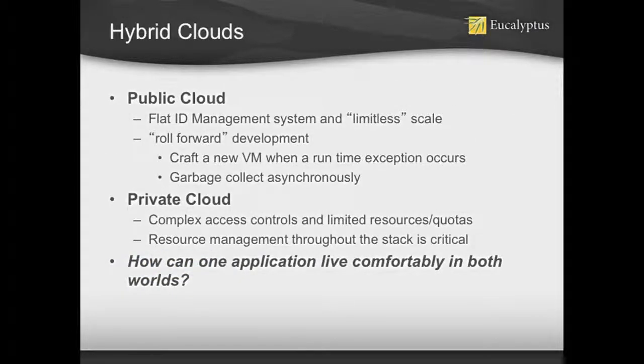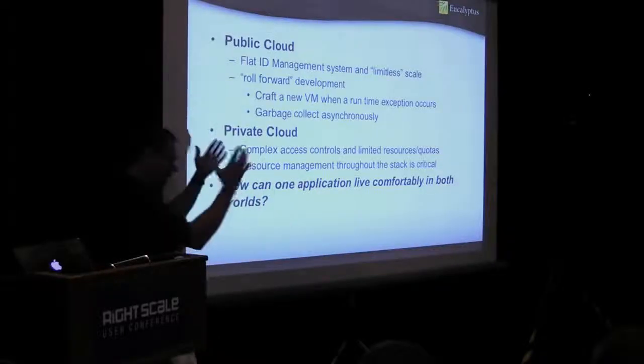Okay, so I promised to talk about hybrid clouds. And hybrid clouds today exist. Eucalyptus has a very faithful implementation of the AWS API. So you can move images, data, firewall rules, all of that scripting back and forth between Eucalyptus and AWS at will. It works today. And you think, wow, this is cool.